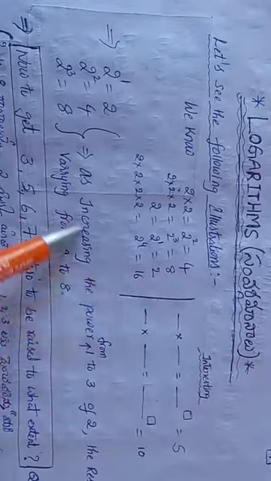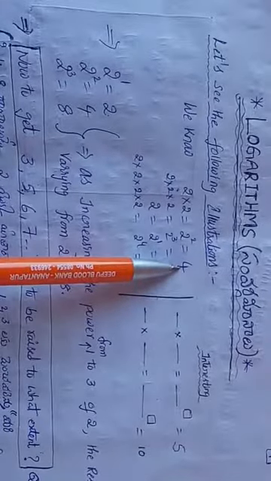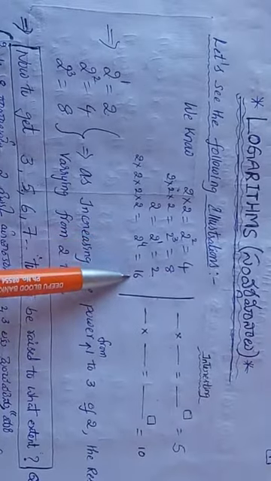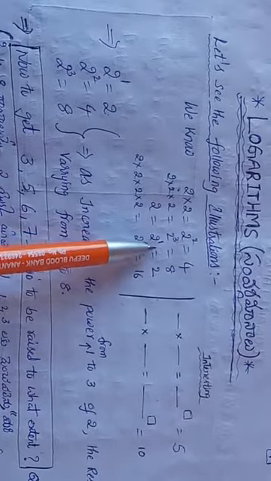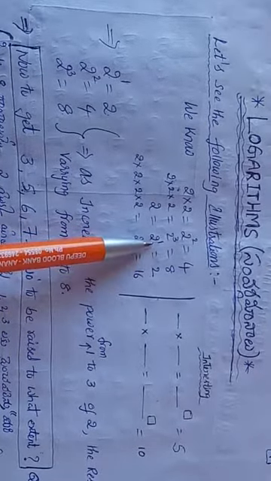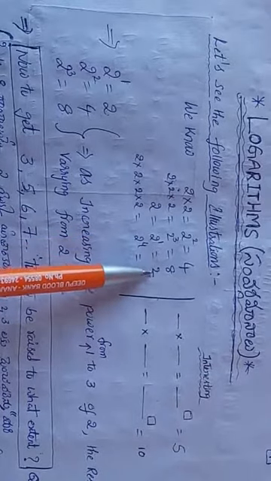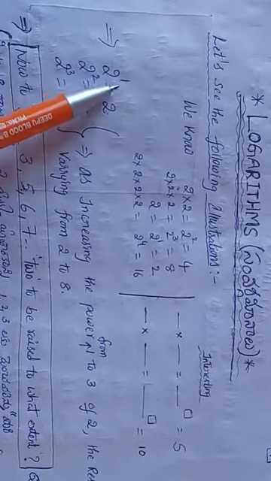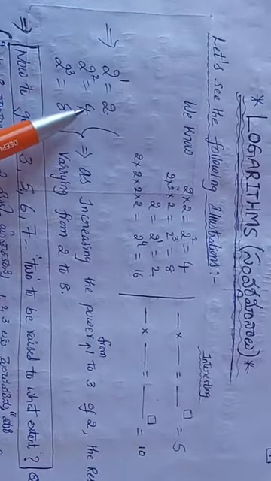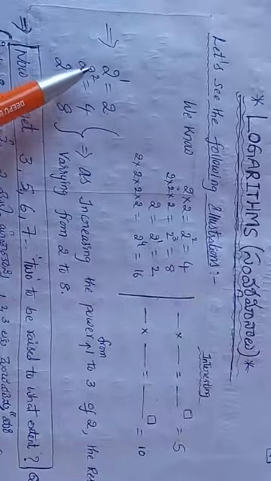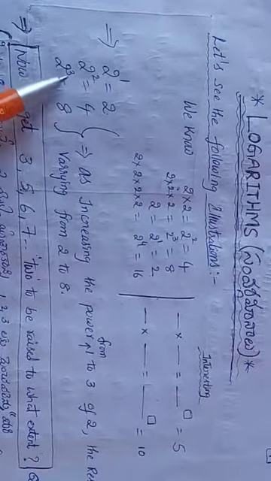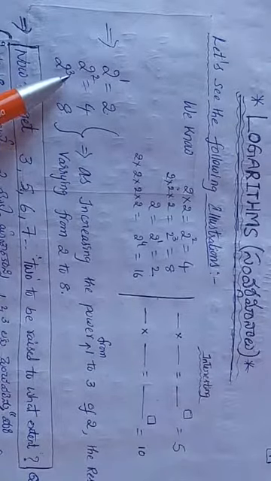See the following illustrations. We know 2 squared equals 4, 2 cubed equals 8, 2 to the power of 4 equals 16, and 2 to the power of 1, that means 2 alone, equals 2. So to get 2, 2 is raised just one time; to get 4, 2 is raised twice; to get 8, 2 is raised thrice. Then what